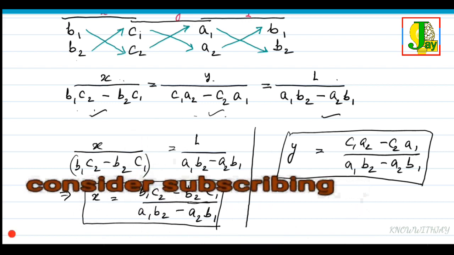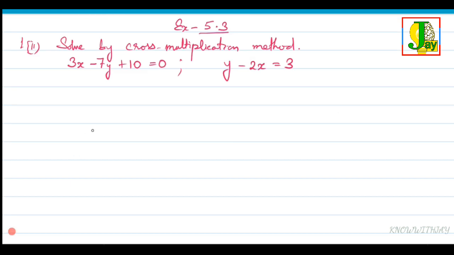Okay, so let's see some questions. Here we have two equations. We are going to write them in those two forms. First, with all the terms on the left hand side, the first equation is already in that form: 3x minus 7y plus 10 equals 0. And the second one, we are going to write in that form. That means y to be written,